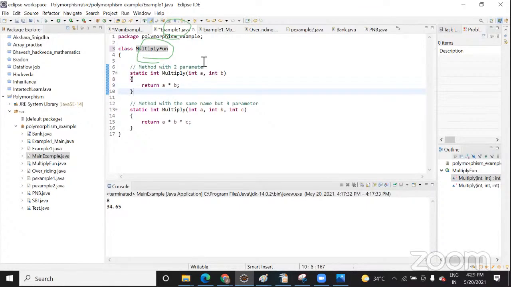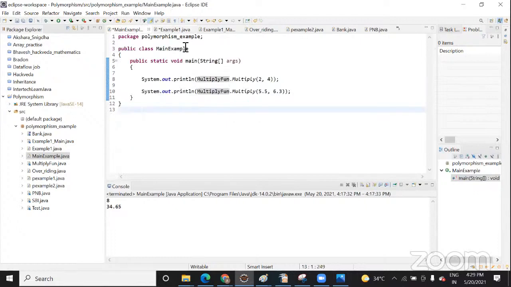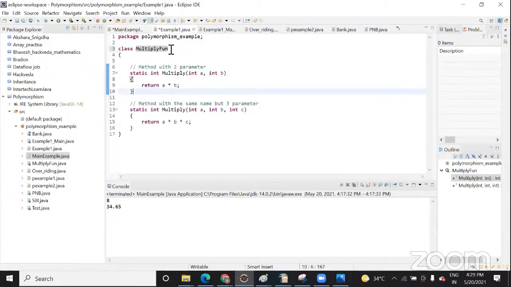Yes, but I thought that you can't. You have to name that class the same as what you have created up here. No, it's not mandatory that your class name and your program name should be the same. We can try once, you can change that multiply fun to example one.